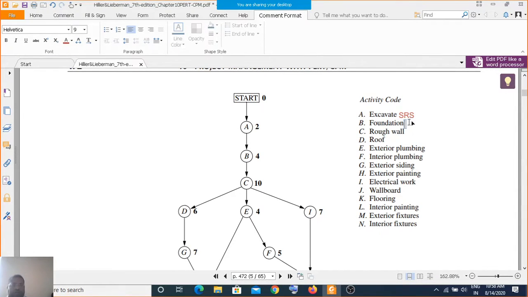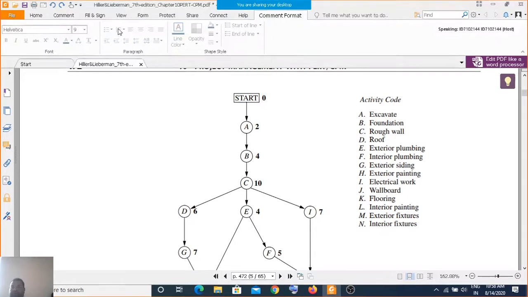Foundation is what we can say white box testing. Then these rough walls and other things, you can see as design, and likewise. So you can go with everything. Rough wall means your user interface design, roof means your user interface design, likewise exterior, interior. I'm just not adding the text there to avoid confusion.